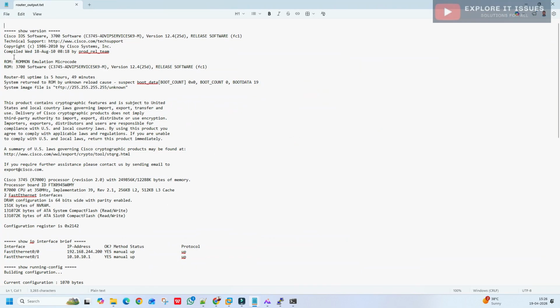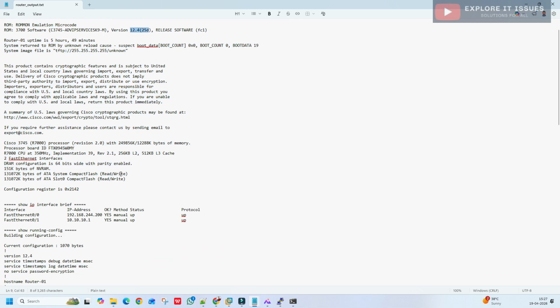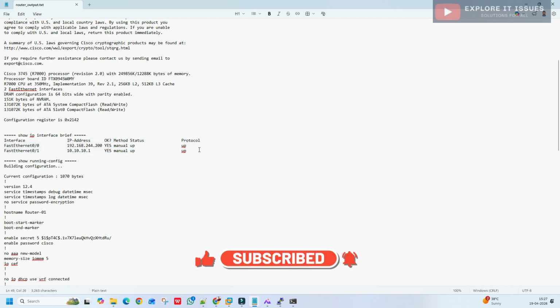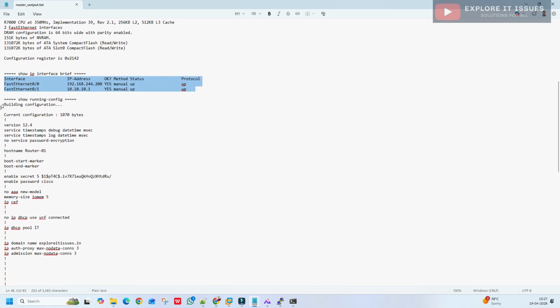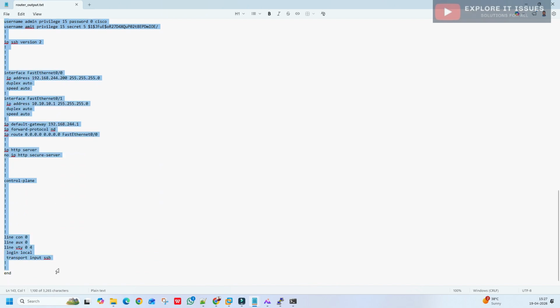See, in the first line is our version. We received the show version command output in the first line, with the version information 12 point something. For the second command, we ran show ip interface brief, so we received the information of the router interfaces. And the third command we ran is show running-config, building configuration. So the current Cisco router configuration we have received here in this file. With this type of automation, you can receive the Cisco device or router information automatically by this script.